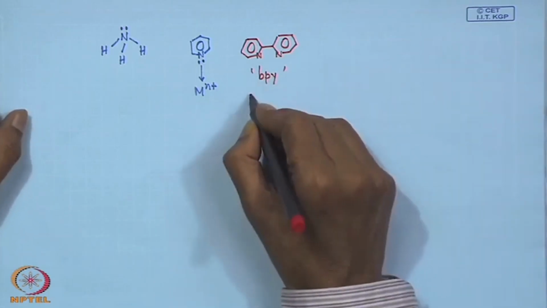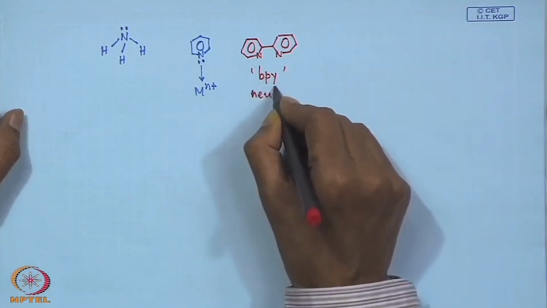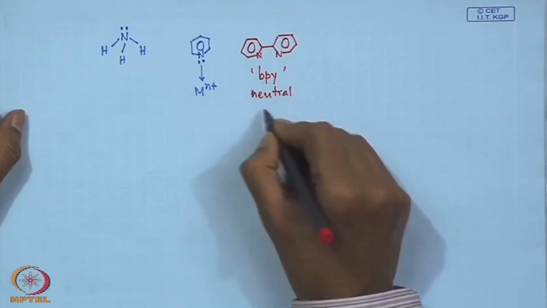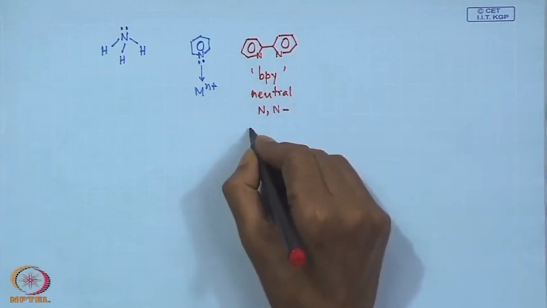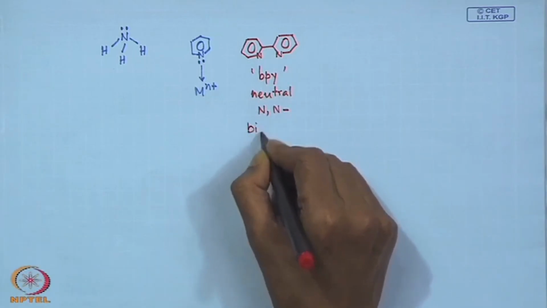So, BPY is also a neutral NN donor bidentate ligand,